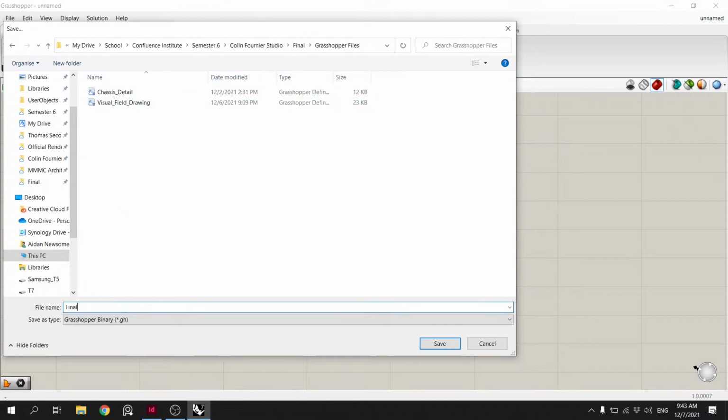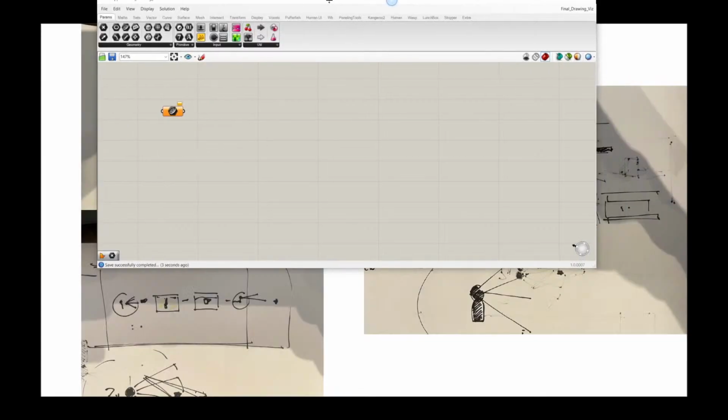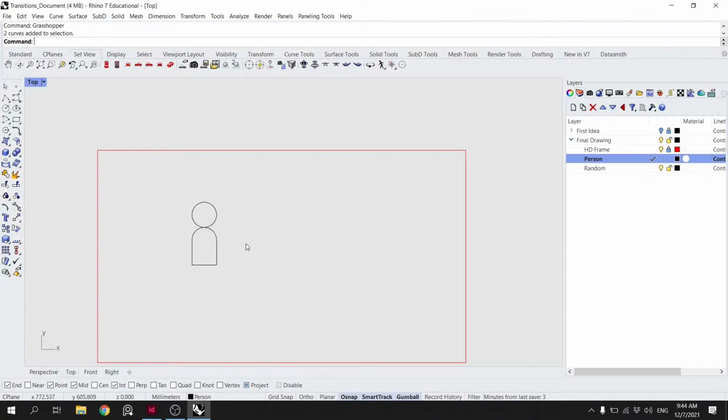Call it final drawing like this. So there's some plugins like the human one that makes things really nice for visualizing, and I honestly haven't even explored half the options. I know you can hatch and do everything in Grasshopper, but say for something like this,